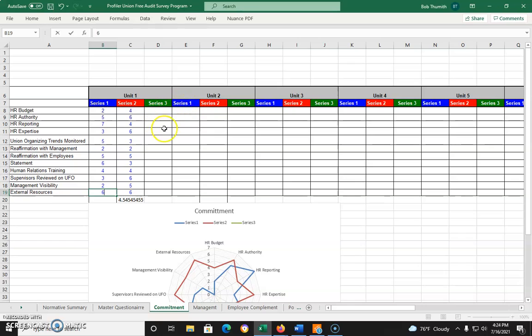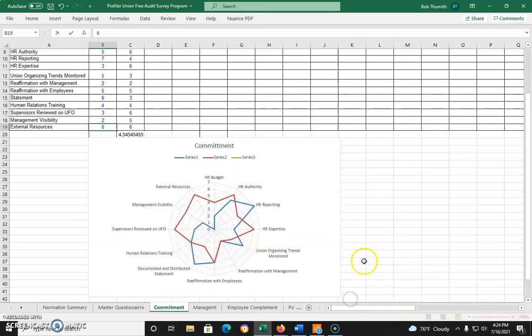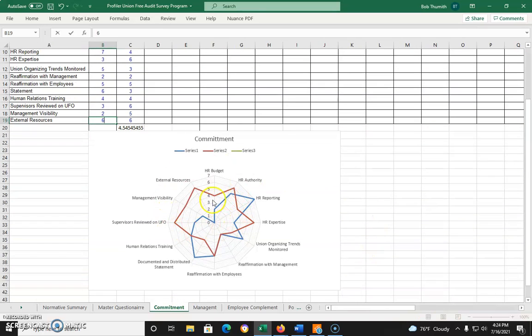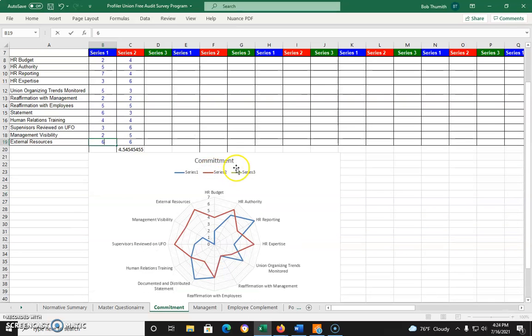And if there are no other series entries, then of course those would flow through over into the averages. And then of course those would also flow down into the chart here, which would also contain all of the averages. So if you watch the chart as you put in the different series, for example, if I were to do 5s all across the board here,